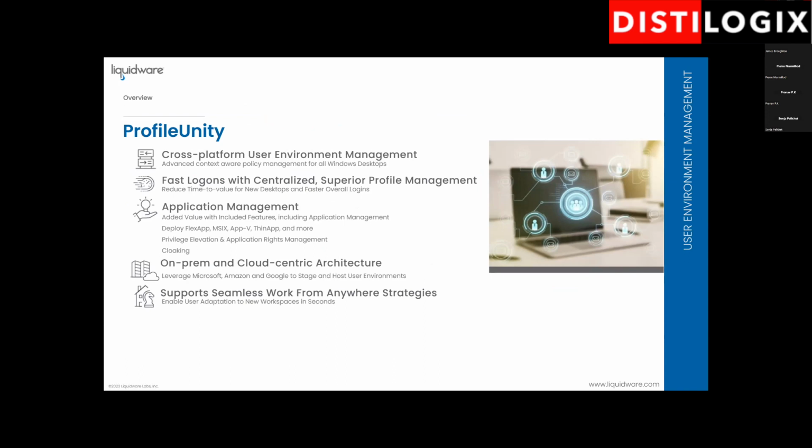Profile Unity, this is just a summary. These are elements I already mentioned, but that goes cross-platform. It helps to centralize and to go a bit faster on logons. It can be on-prem and cloud-centric, and that's also a solution to go with application management, which means we are not talking only about the solution we are providing with FlexApp and FlexApp One,